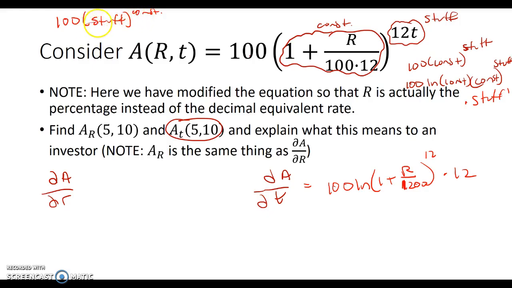So I drop the constant down and I subtract 1 from the power. That means I'll have 100 times the constant times stuff to the constant minus 1 times stuff prime. In my case, that's going to amount to 100 times the constant, which is 12t, that's the exponent, times stuff, which is 1